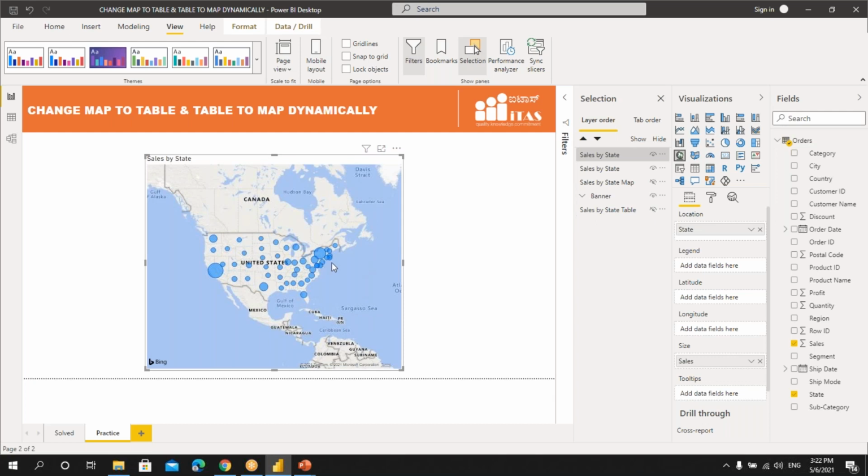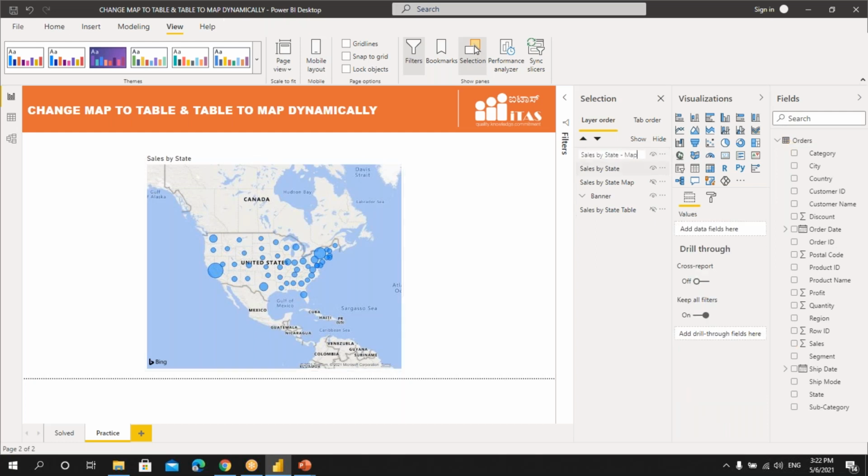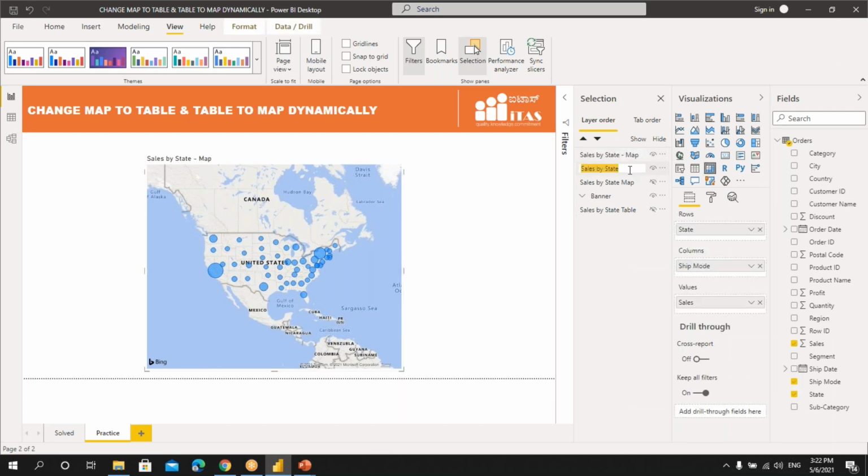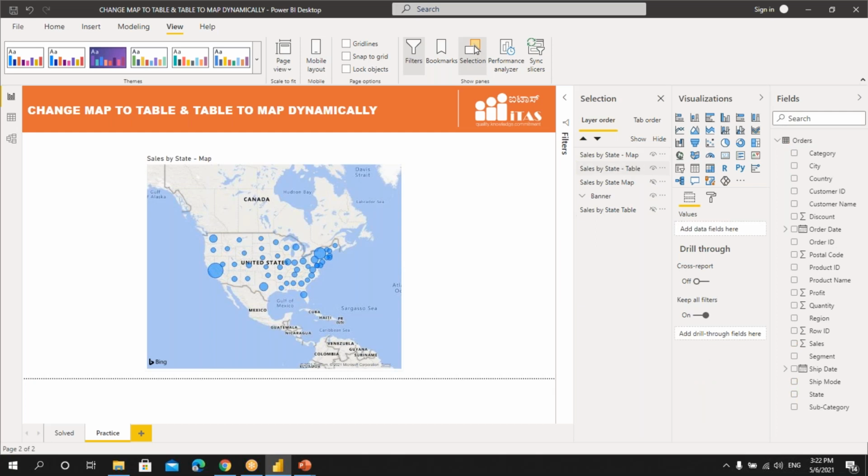Next, we'll name this. Here it says sales by state. We'll make it as map so that it will be easy for us to recognize it. I'll just say map. If you want to name this as table, you can also name this. We'll just give one hyphen and say table. Right. Now our visualization is ready.